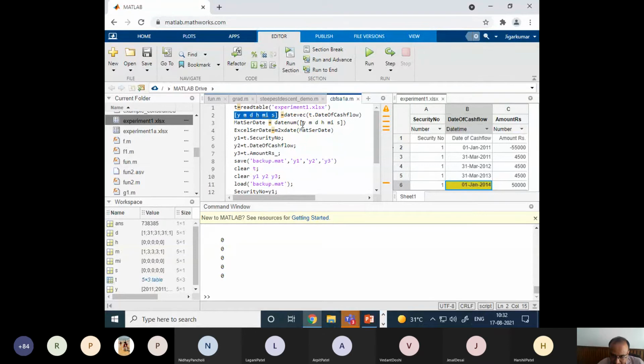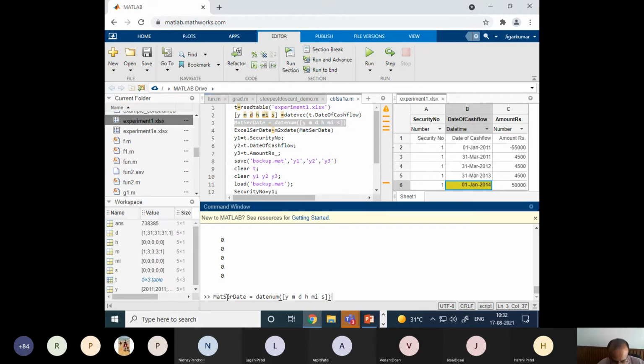So I pass this to it, no need to specify which format because obviously it is dissected value. Let me type this and assign it to some variable, say MATLAB serial date, matser date is my variable name, and datenum of this date vector. And you can see it is date numbers for all of this: 1st January 2011, then 31st March 2011, up to 1st January 2014.